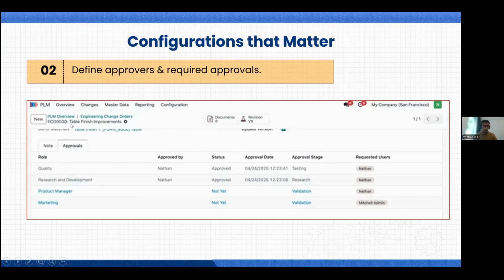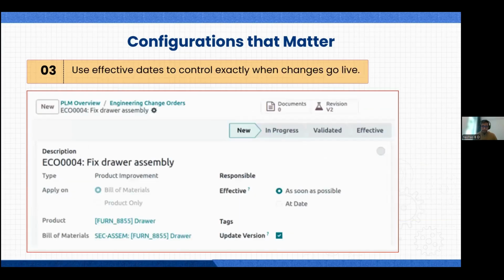That is, they are working on a table, a wooden table or an iron table, a metal table, where they have so many approvals: who approved it, when was the approved date, what was the approval stage, and everything. And you can even see the versions on the top and also the documents on the top, which say that these are the design documents I can attach, and also how many revisions it has undergone. It's very clear and visible over here.